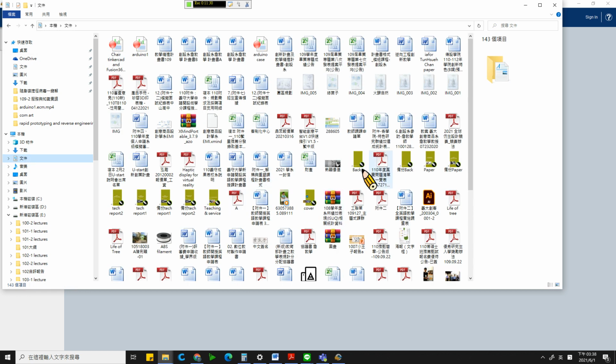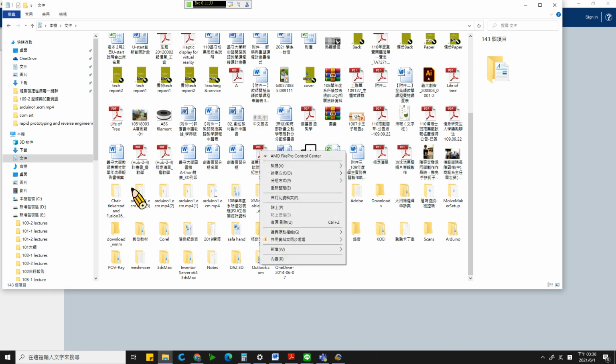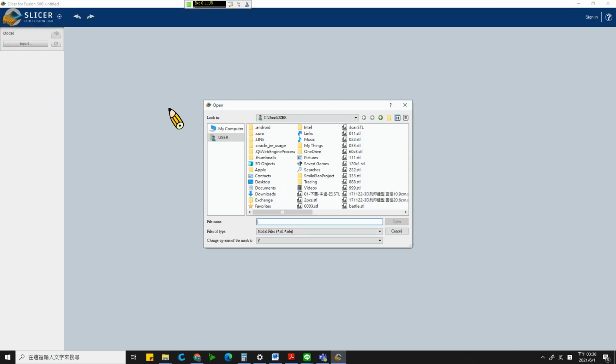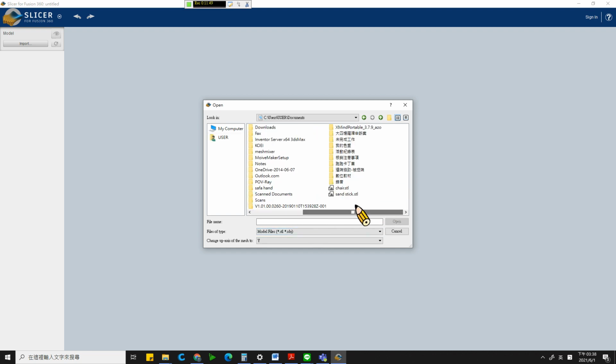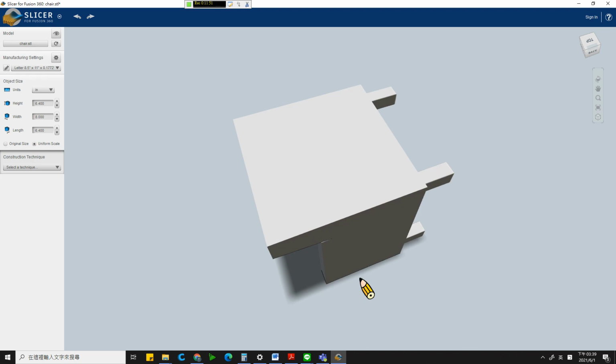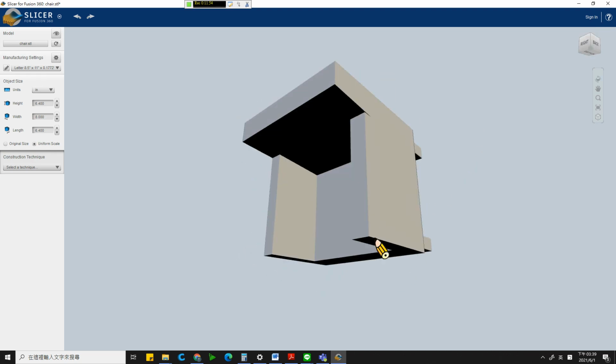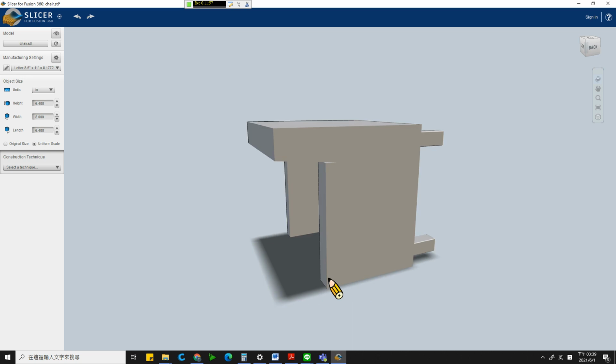For example, document, this folder, okay, and import from user. If I go to document, this one, you will see it's over here. So you have a chair over here, right? But you can try one more time. Over here, you see the angle is really strange. Of course, you can rotate it, but